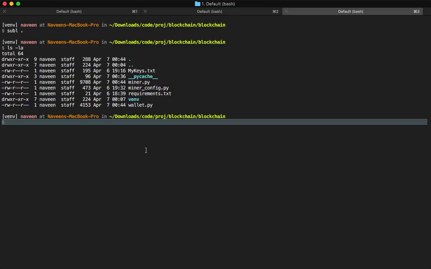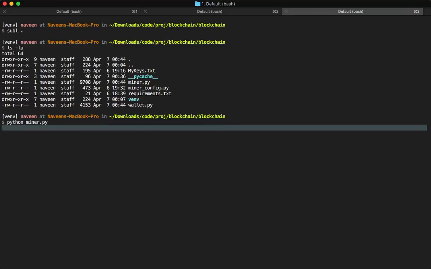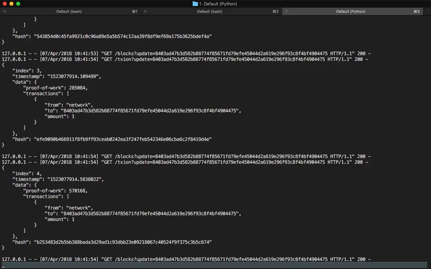Let's have a look at how miner.py works. So as you can see here, this program continuously starts mining for new currency or new blocks from this network, and it's mining to this key.